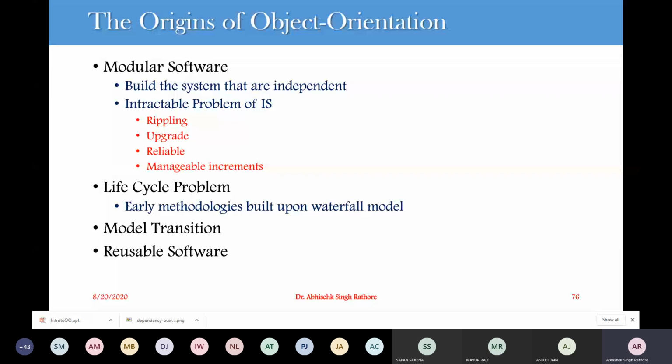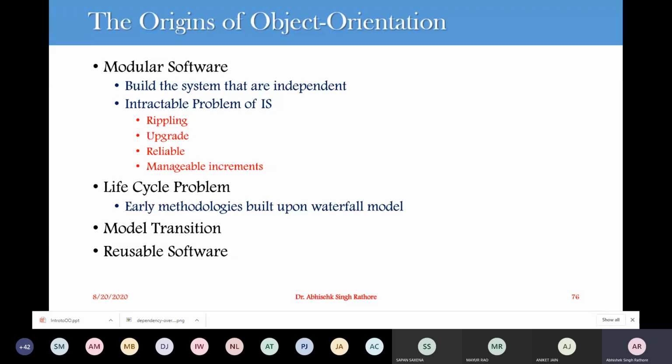Because the subsystems are tested thoroughly in isolation, we can build a reliable system. With a modular design, each and every subsystem or component can be tested in isolation, and these are supposed to be independent, so we can have a reliable design. Similarly, we can implement increments in our system, and these increments are manageable too.